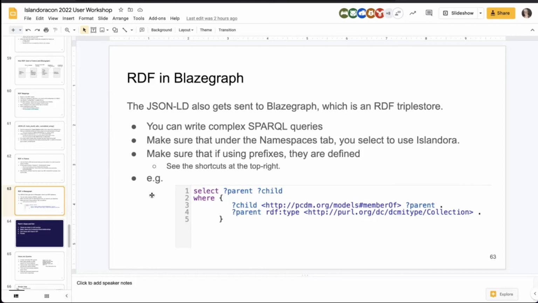but BlazeGraph doesn't know anything about Fedora. Once the JSON-LD gets created, it gets sent separately to Fedora and BlazeGraph. So the Fedora URI that becomes the ID of each object in Fedora is nowhere in BlazeGraph. So when you look at your Fedora, it's not particularly user-friendly. Each URL for an ID, for an object, is some weird Fedora URL with /as/df/2z/ whatever, all the way across. And